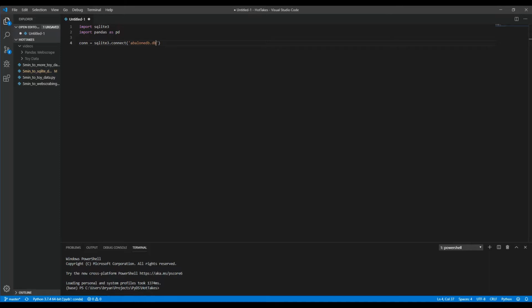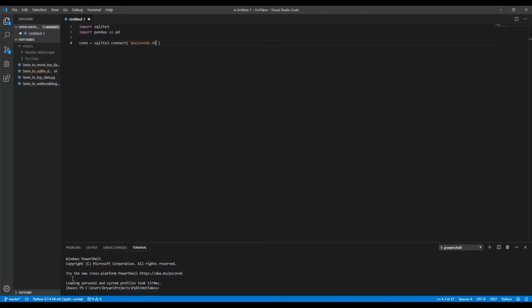The first is that the SQLite database will be created in the location specified by the path you enter here. So this doesn't really look like a path because it's just usually the working directory that we're in right now, but what this is going to do is create a file called abalone.db that's going to store our database. The second thing to note here is that the database will be named whatever precedes the .db in the file